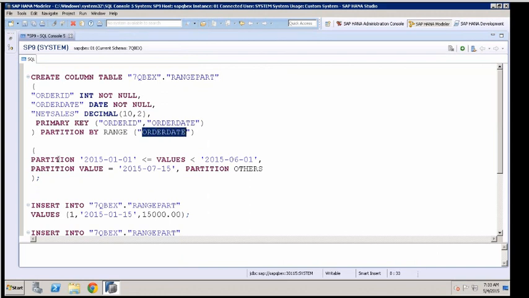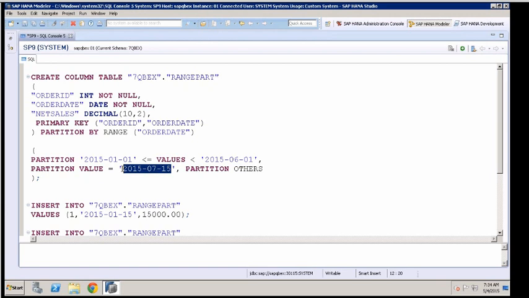Now what are my partitions here? I need to have some values which are less than what? 2015 0101, and less than this and greater than this. What is it? 1st June. From 1st Jan till 1st June, I want one block. I gave a range. There's one more, like this I can specify a range, or I can also specify a single value. Partition value is equal to 15th August.